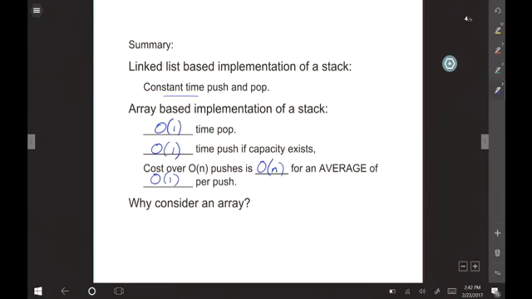Now take a look at this. Without qualification, with no hemming and hawing whatsoever, we could make this statement for the linked list. But using an array for a stack required all of this, well, on average, it required all of this sort of supplemental discussion. And moreover, it's only an average result. Sometimes you really have to wait. So the question on the floor is, why use arrays at all here?